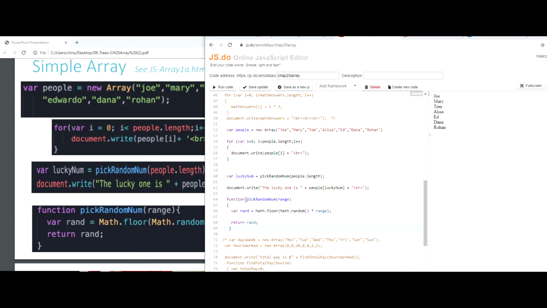So the function is pickRandomNum, and I just declared range. When I call this function, I'm going to pass in some value. That's going to be the range, or basically the size of the array. And then here, I'm declaring a new variable, a random number,